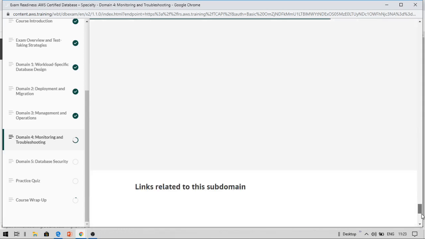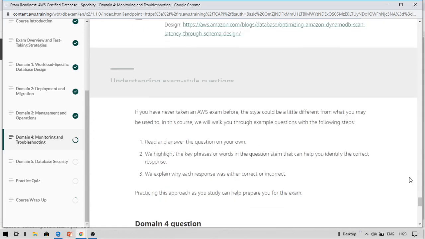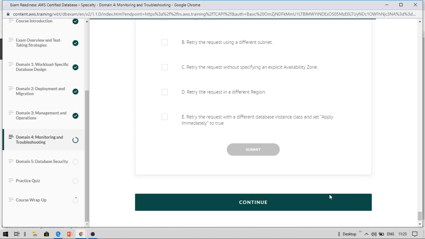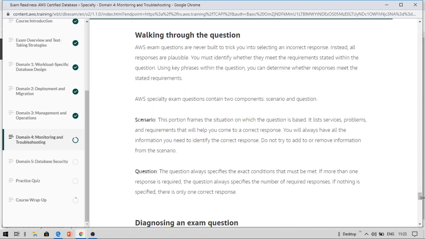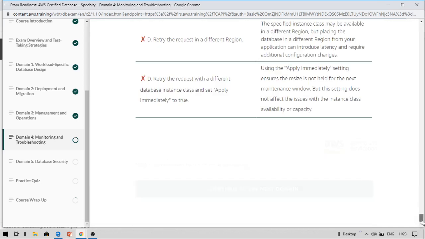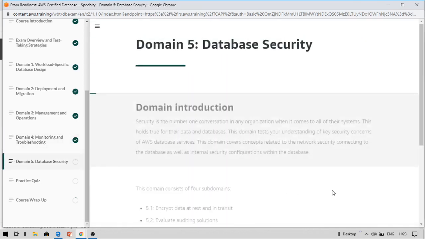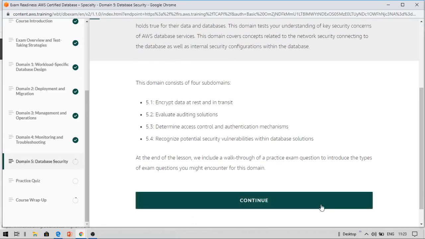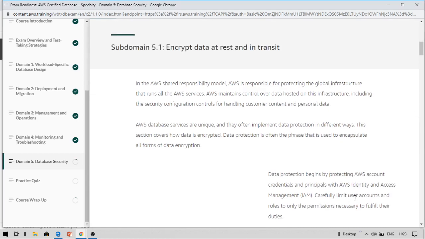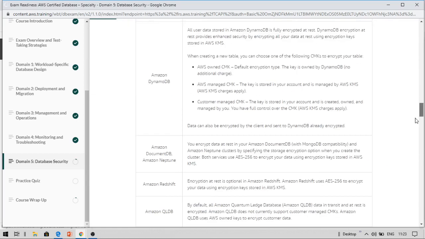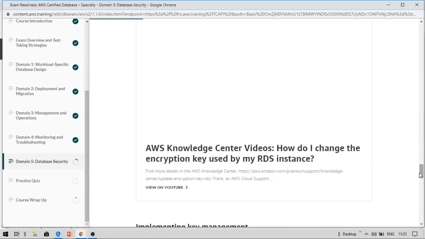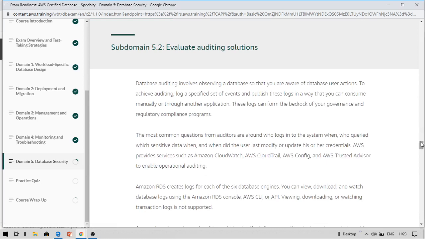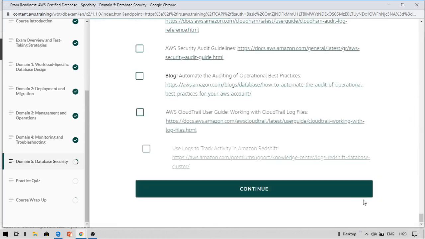This is a very big course, about 2.5 hours or so. So this is how we are moving on through the domains. We have finally come to the end. This is very easy now because this is database security. This is a very easy course. You need to move forward till you complete it. After this, there is a practice quiz that is very simple. You need not even take the quiz, as I said earlier.